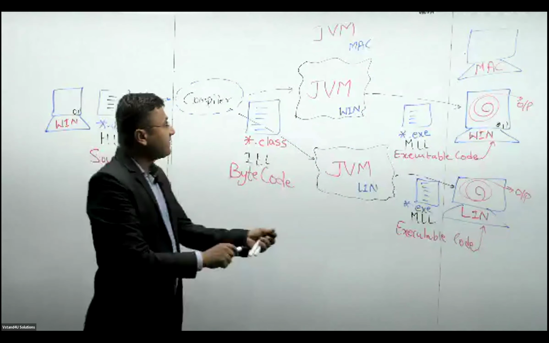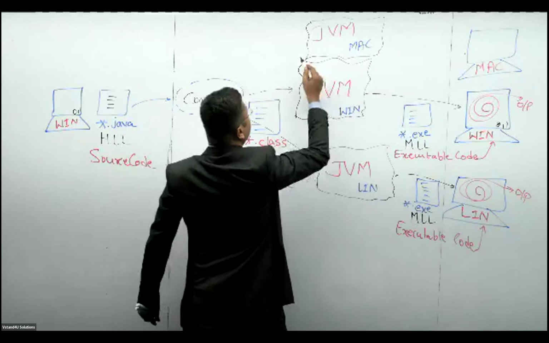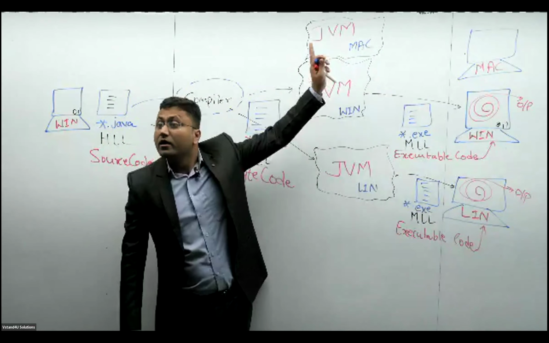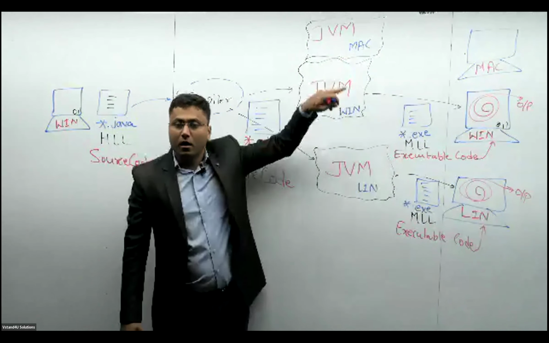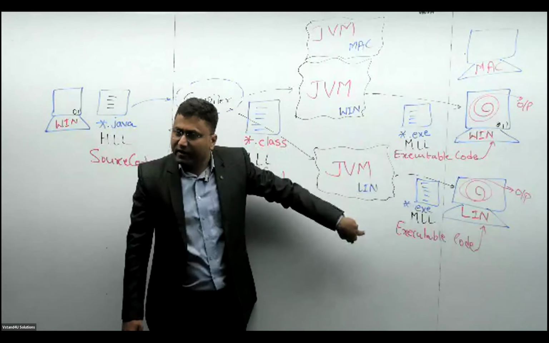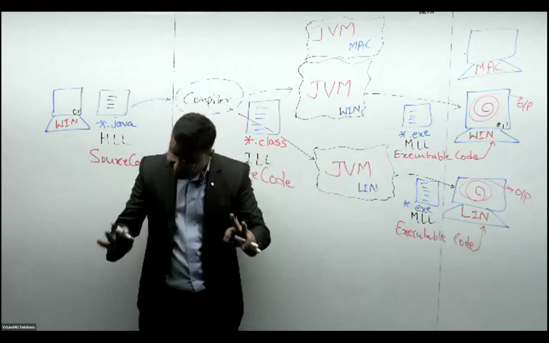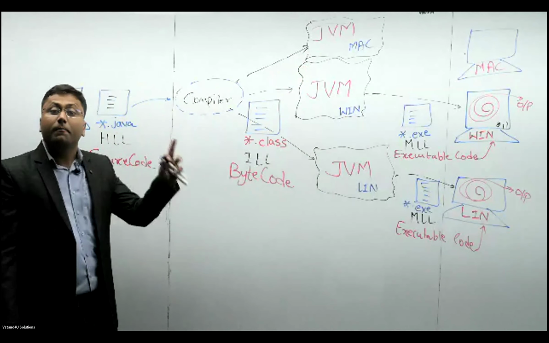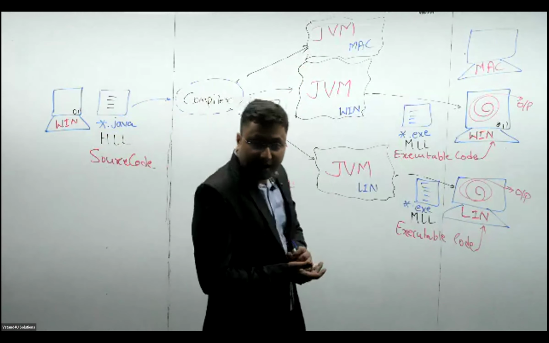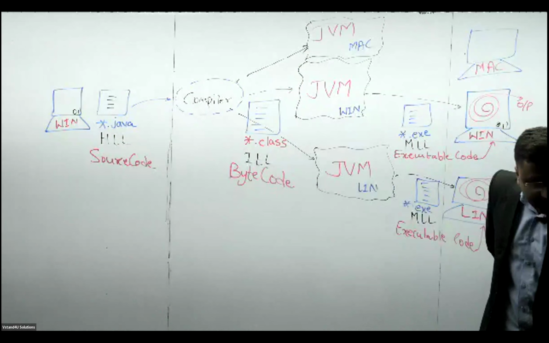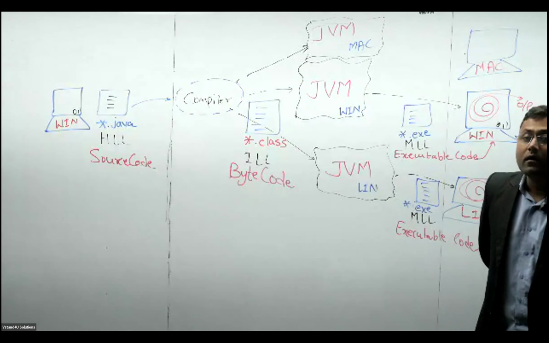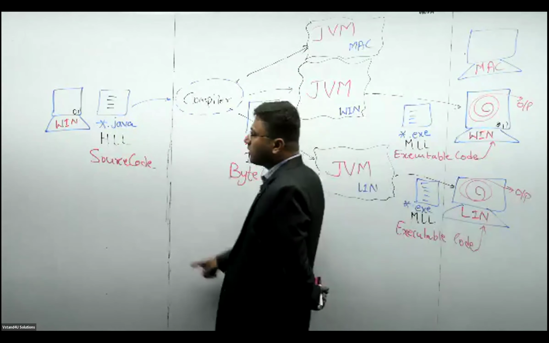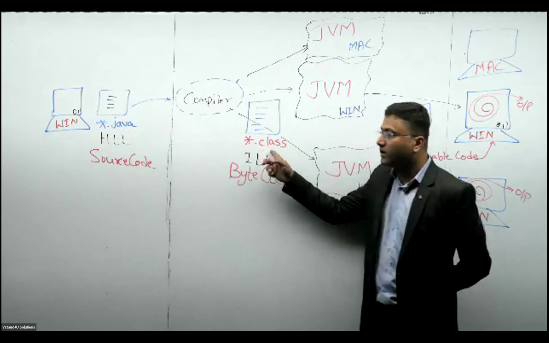Then this JVM, which is meant for reading what? What will the JVM of Mac read? Hello? How about the Windows JVM? Linux JVM? Or is everybody reading the same? Yes, everybody is reading the same thing, nothing but the bytecode. Bytecode is in which language? Intermediate level language code. Agree? Also known as bytecode, dot class file. Agree? What we wrote? Dot Java file. Bytecode is in dot class file.